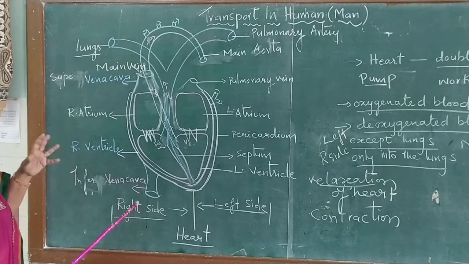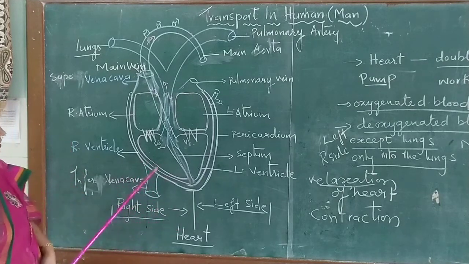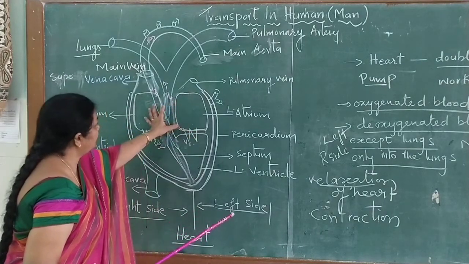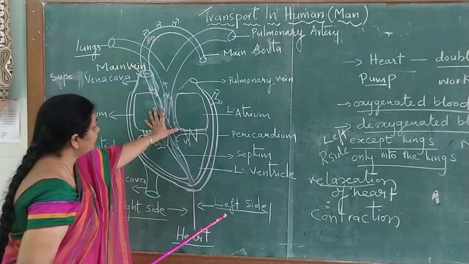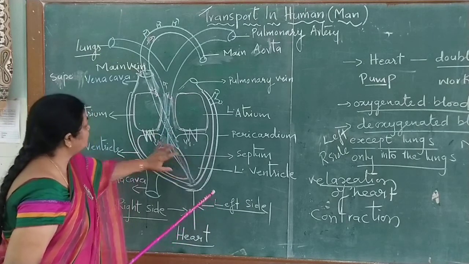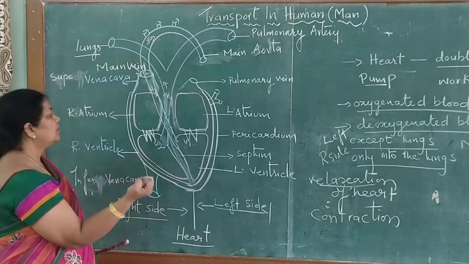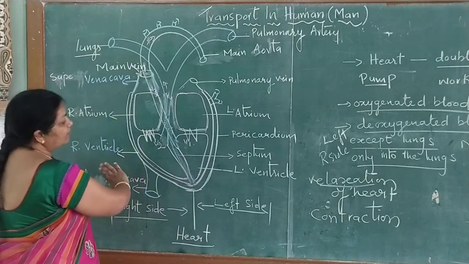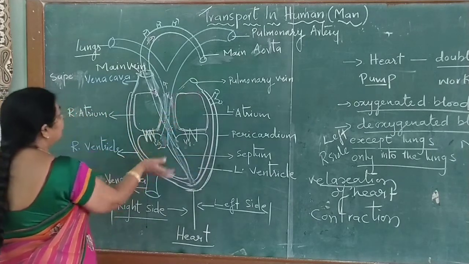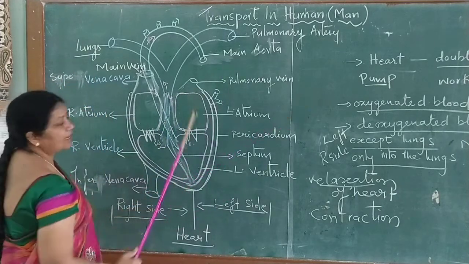One contraction and one relaxation make the blood go on simultaneously. Why? Because the two auricles, or atria, will be contracted, and immediately, simultaneously, the ventricles also contract. So at the same time the total heart is once relaxed, once contracted. Meanwhile, the left side sends pure blood and the right side sends impure blood. Like that, this heart works like a double pump.